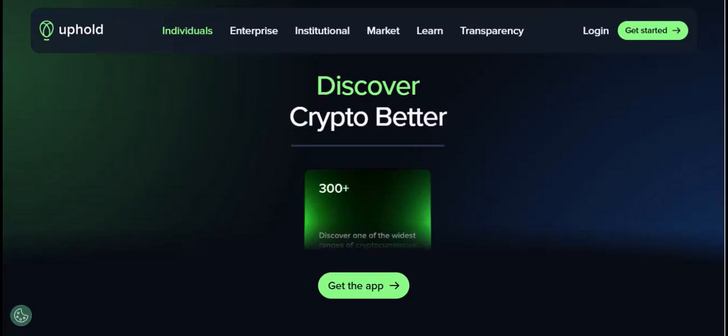Have you ever found yourself with USDT on Uphold, wondering how to get it into your pocket? You're not alone. Many users navigate the exciting world of cryptocurrency, only to hit a snag when it's time to cash out. While Uphold is a fantastic platform for managing various digital assets, withdrawing Tether, USDT, isn't always as straightforward as a traditional bank transfer. But don't worry, by the end of this video, you'll have a clear, step-by-step guide to successfully withdrawing your USDT